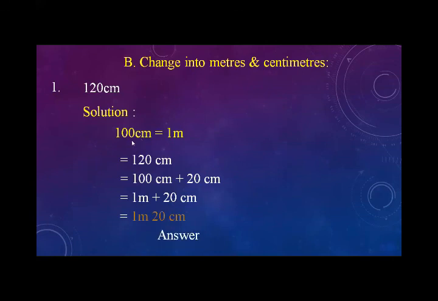Okay. First of all, you write this: 100 centimeter is equal to 1 meter. Write the question again. First of all, you need to break it. It is written 120. You need to write 100 separately and 20 separately. So you know that 100 centimeter is equal to 1 meter, so you write 1 meter plus 20 centimeter. You must follow all these steps to solve these questions, otherwise your questions will become wrong. Don't do it directly.